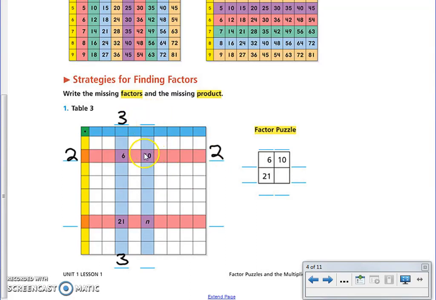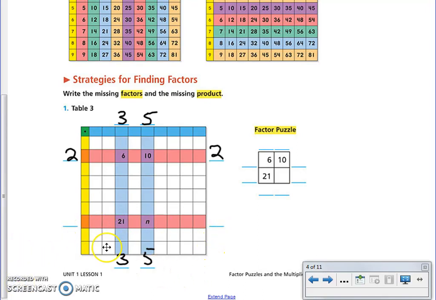And for this column, where it intersects. So now you have to start thinking about your multiplication tables. 2 times what number is going to equal 10? 2 times 5 is 10. So therefore we need to write 5 to label this column, because this entire column signifies that this is the 5's multiplication table. Now there's one other part that I need to figure out, and this would be this red